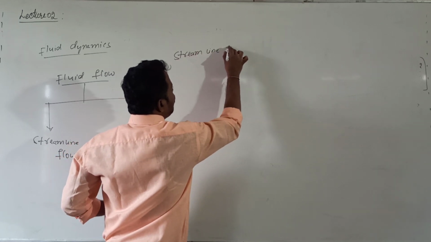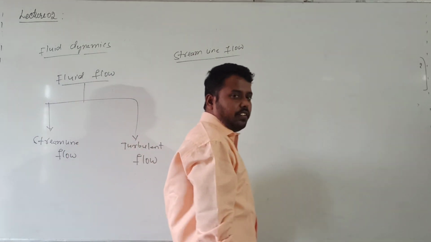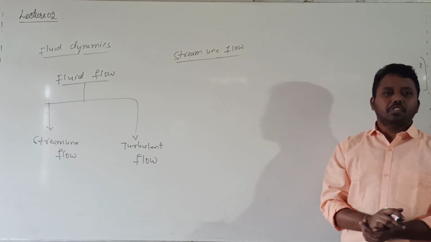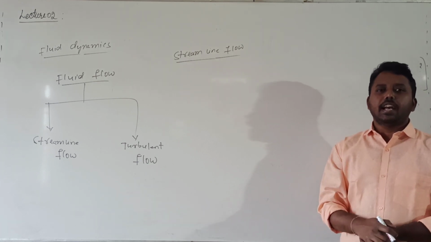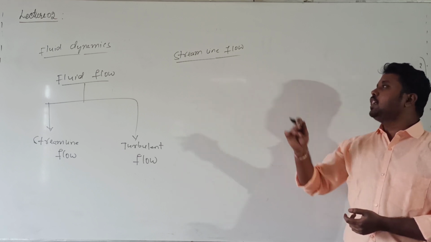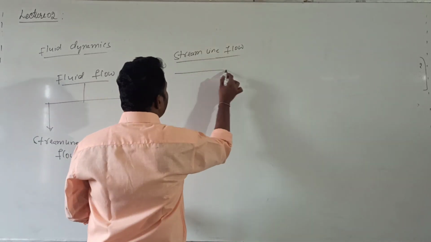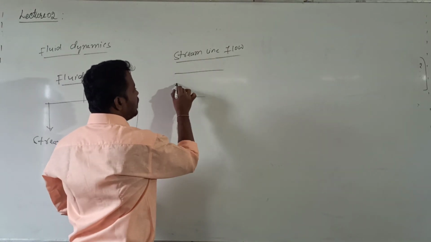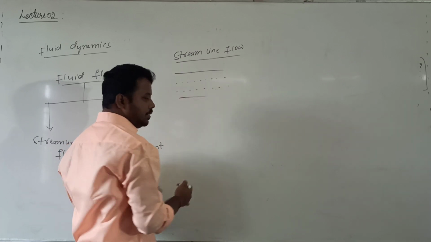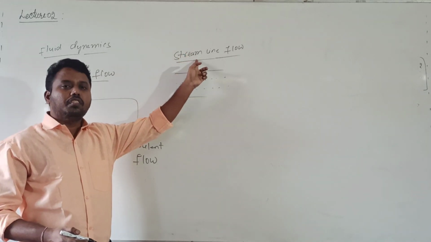When is a fluid flow said to be streamline flow? It is a regular flow, and sometimes we also call it laminar flow. A fluid flow is said to be streamline flow if the particles of the fluid follow a path. Let me say one fluid is flowing across this; these are the paths followed by the particles of the fluid. In the case of streamline flow, also called regular flow,